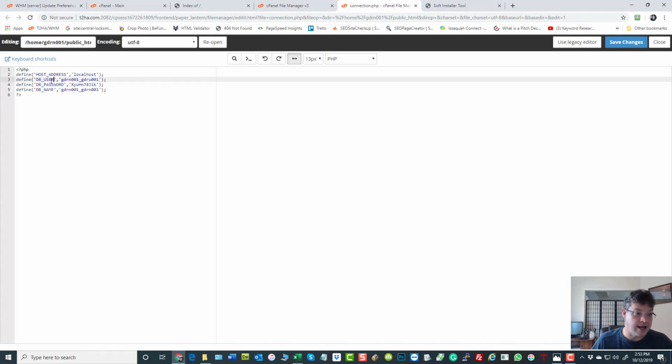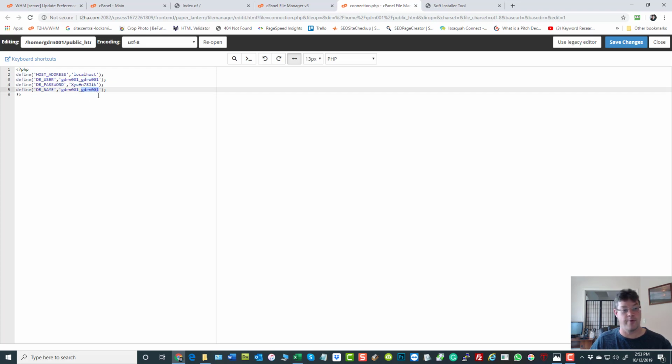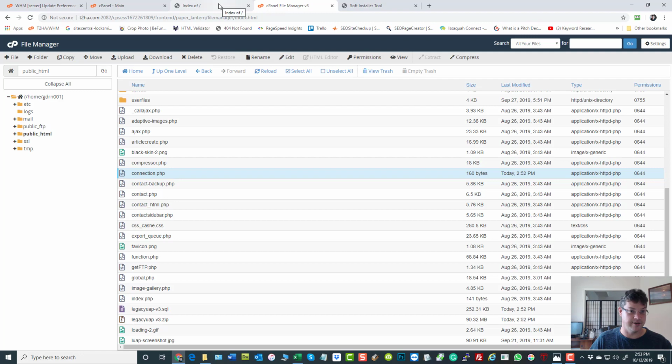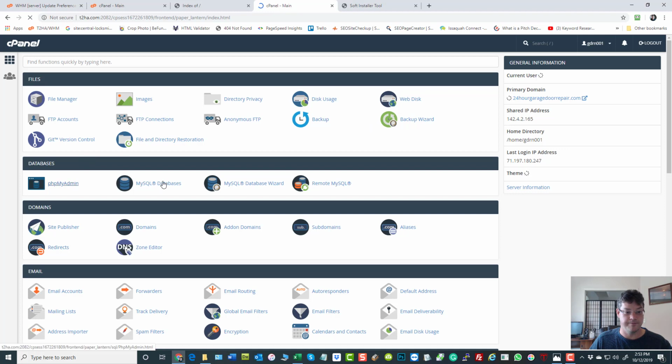So take a look. Database user. Sure enough, it's the prefix, the cPanel username for that first website, and the GDRU001 that we created for database user for that first row. And the database name is the GDRN001. And that password should look familiar. It created that because it created the database on the other hand. So not only did it create that, but what else did it do? It created the database